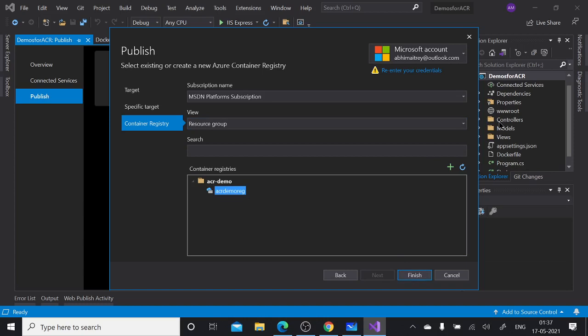Otherwise, if you have not created a container registry there, you can utilize this feature, and you can create the container registry from here itself. Just click on this plus button, and you'll get the other interface, and you need not worry about going to the Azure portal and creating it there. It will create it here itself. But because we have already created a container registry through the portal, in either way we can create it, right? Okay, finishing this activity,